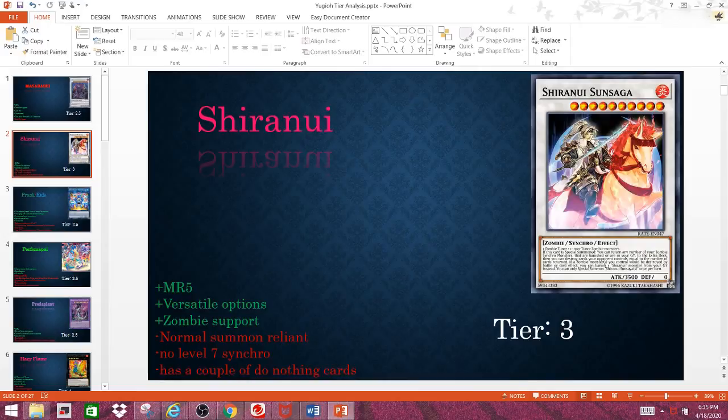And this deck, if it was given decent support, can actually be very, very good. But unfortunately, this deck is very normal summon reliant, so you can't really spam the board and synchro summon like crazy, like this deck would love to do. No level 7 synchro because they gave us a card that can summon either the level 2 or the level 3 tuner, but